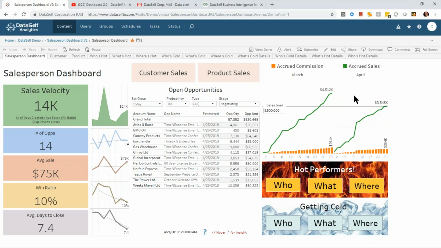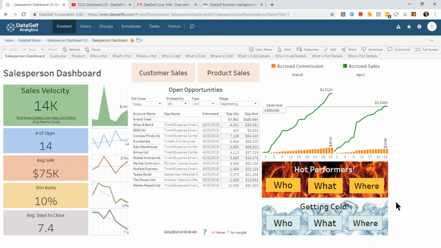Top right is an area that I highly encourage for sales teams that are commission-driven. Salespeople who are commission-driven, if you put in front of them every day a report showing, let's say for the past weeks or months, how their sales are accumulating on a daily basis and how commission is accumulating, and how much they're doing versus the quota that they should reach, that will keep them seeing the numbers. It will keep them motivated to hit the goal and make the most commission. So we highly encourage bringing commission calculation inside of DataSelf for that perspective.